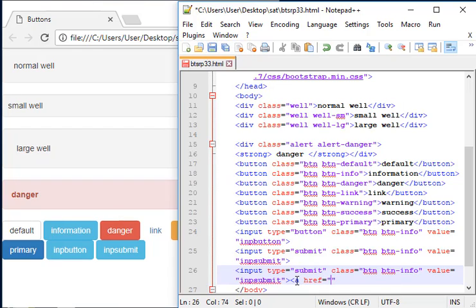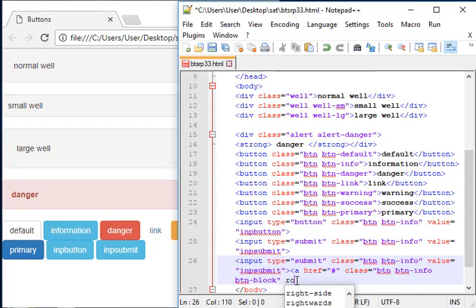So just add in a hashtag and leave it, and also make a class attribute =btn and let's type in info, for example, and we can also type in another feature which is btn block, and let's also type in role button as it's a button, and we can write link button so they know what it is. And let's close our a tag,